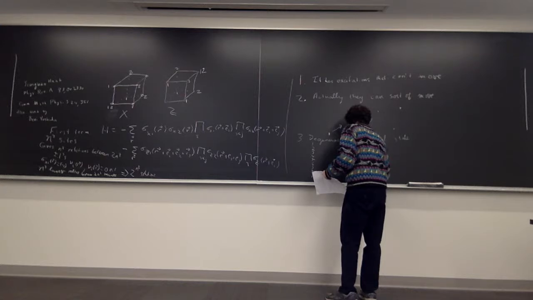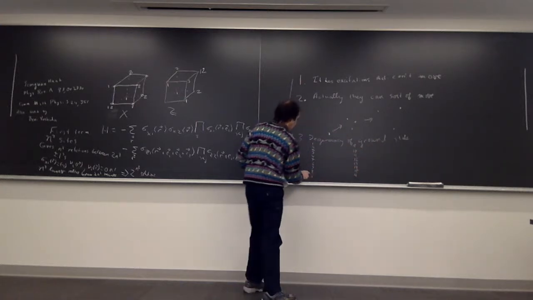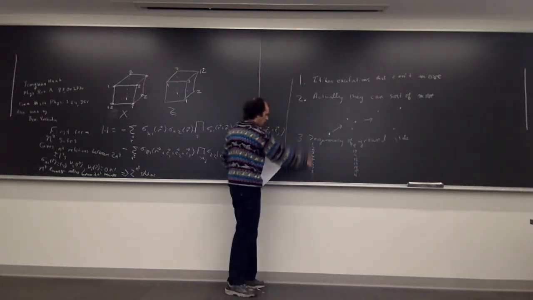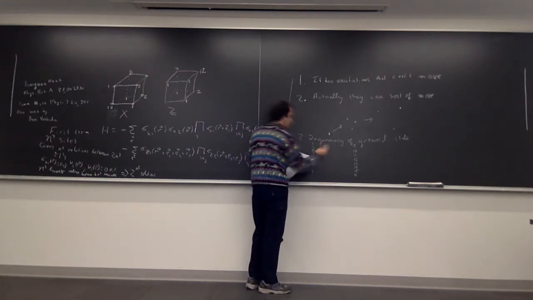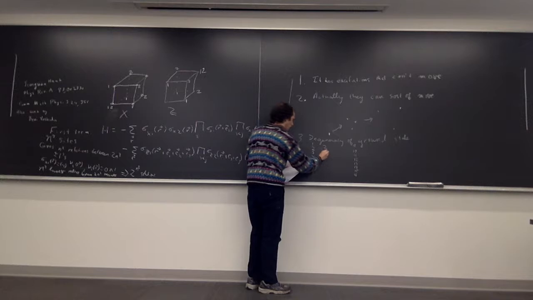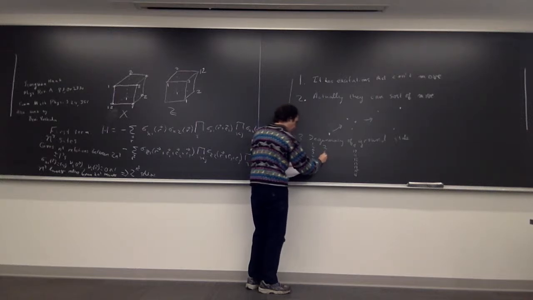This is from Haas paper. So here's the different sides of the cube. And the degeneracy is always a power of 2, so I'll just say what power of 2 it is. 2, 6, 14,